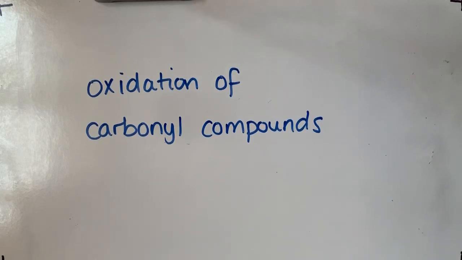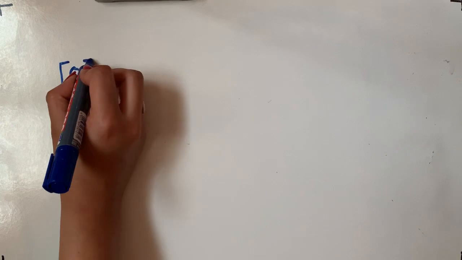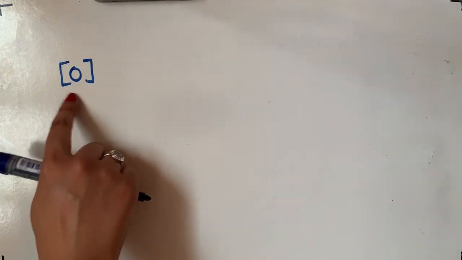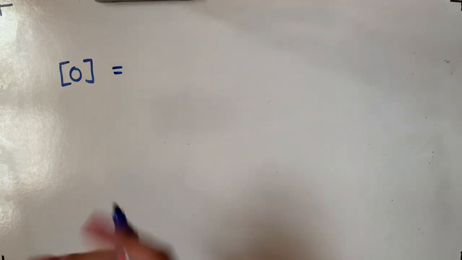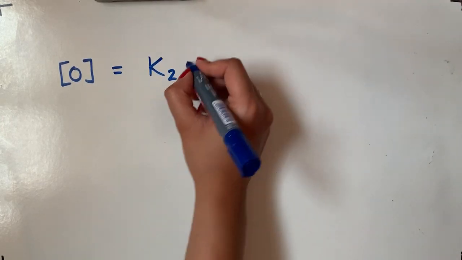In this video, we are going to be covering the oxidation of carbonyl compounds. Now, we have looked at oxidation reactions before when it comes to our alcohols, so let's just recap what reagents we need in order to carry out an oxidation. When we do the oxidation, we have to have an oxidizing agent, which we notate using an O in square brackets. And the oxidizing agent that we use is potassium dichromate